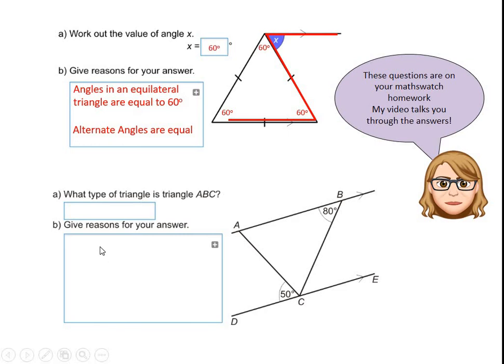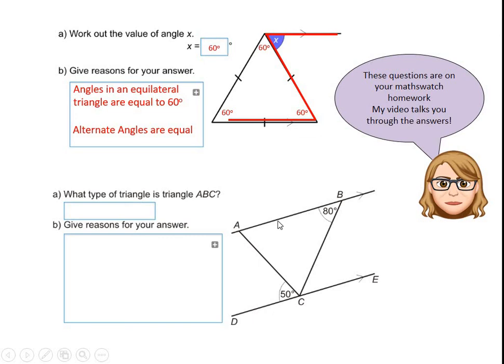Question 14 of your homework. You've been asked to find out what type of triangle this is. Now you might think it's a scalene because all angles are different, but we don't know this. So what we've got to do is work out the missing angles. There's not a lot to go on inside the triangle, so I'm going to look and see if I can